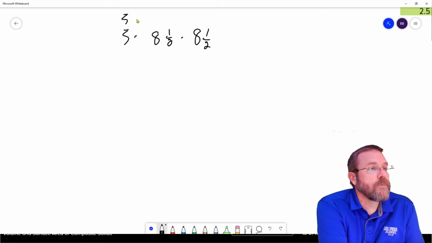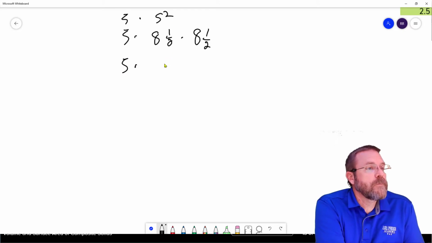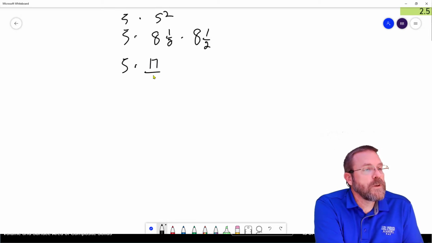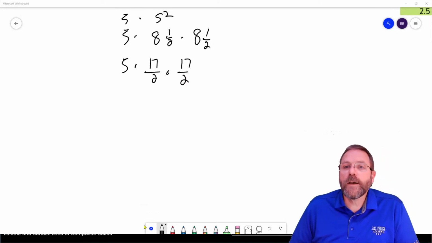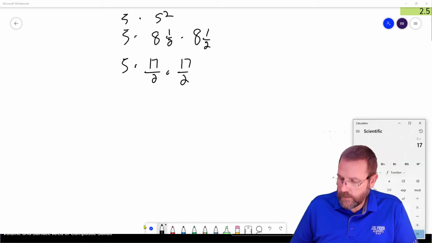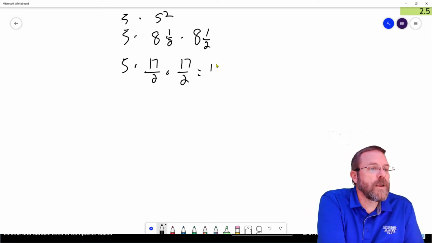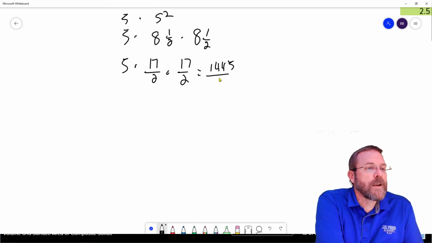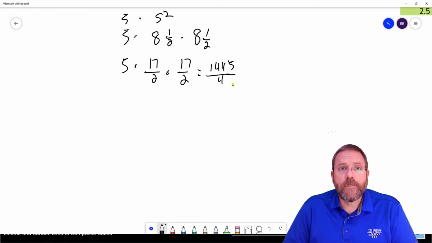What we have is 5 times side squared going on here, okay? So now I have 5 times, 2 times 8 is 16 plus 1 is 17 over 2 times 17 over 2. And when we multiply that out, I'm going to say 5 times 17 times 17. 5 times 17 times 17 is going to equal 1,445 divided by 4. Now, if it was me, I would leave it as that, because I'd be adding that to another fraction here in a little bit,